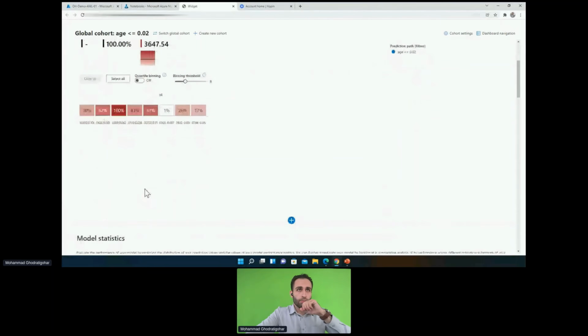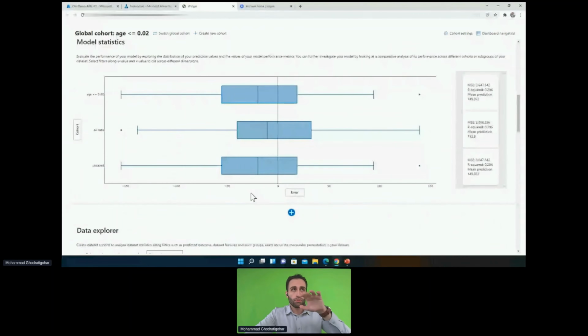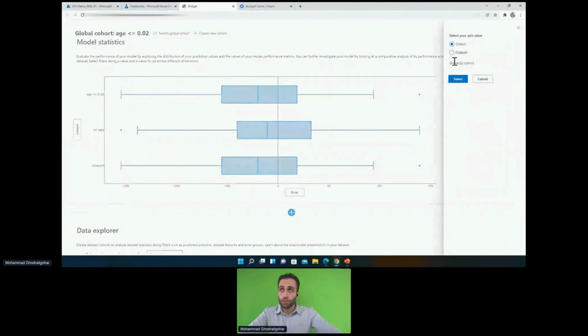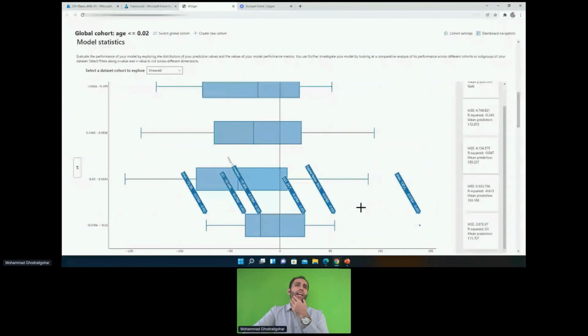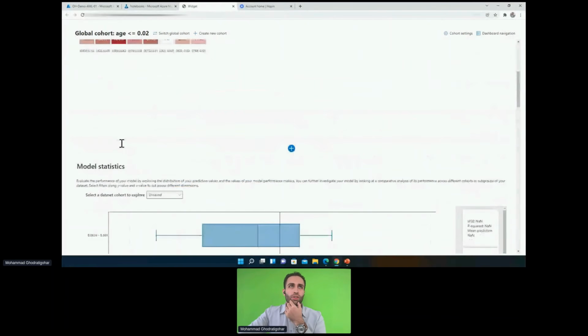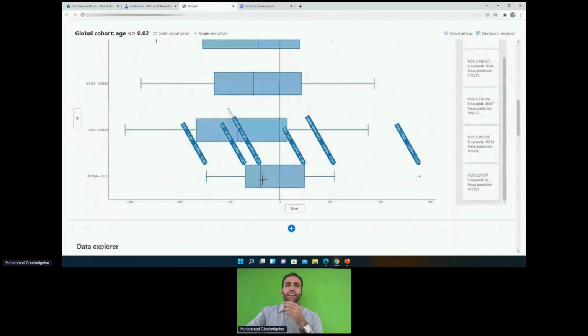So let's scroll a little bit down. Now I want to see the error distribution for that feature. I click on cohort, clicking on data set. And now I can select S4 as my selected feature, clicking on select. There you go. Now I see for some of these ranges, which are the same as on the top, the interquartile range of errors is shrunk, but some of them are more expanded. So it clearly shows how my model is performing within different ranges of that feature, and I have different distributed ranges of errors.